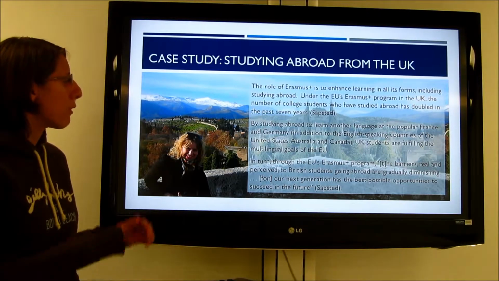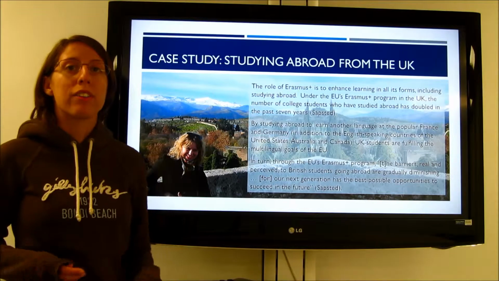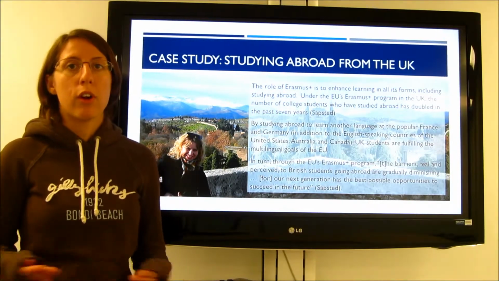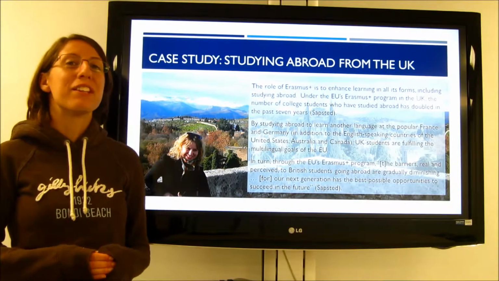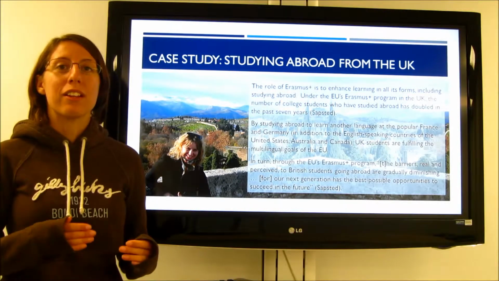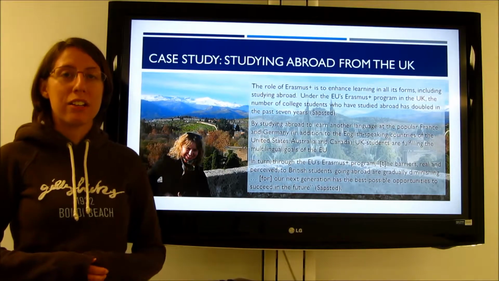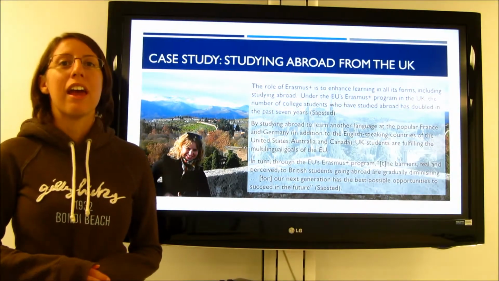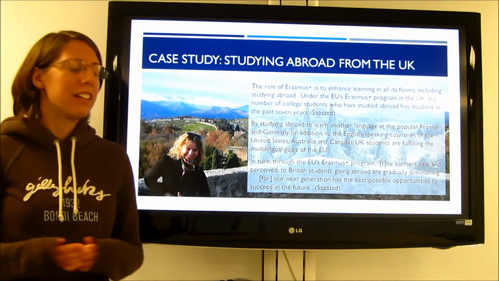One of these things that I was studying was in the UK. The program also works on a university or collegiate level, where many people who cannot afford to study abroad can now study abroad. What's really neat about this is they're able to go and study abroad and learn different languages too, which also helps with the United in Diversity motto of the EU and their languages goal in order to make people more multilingual in the EU as well.